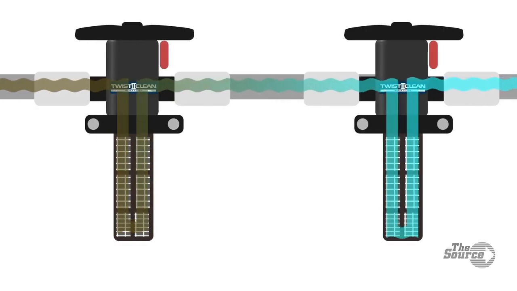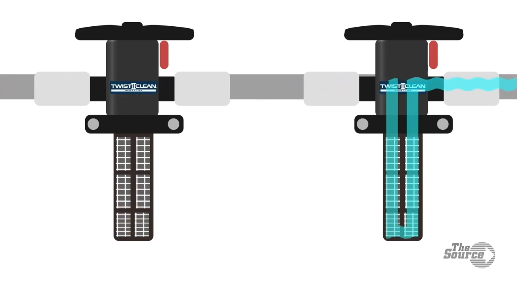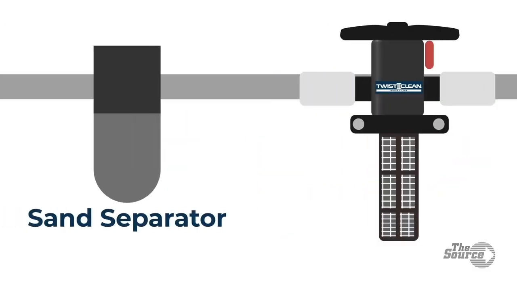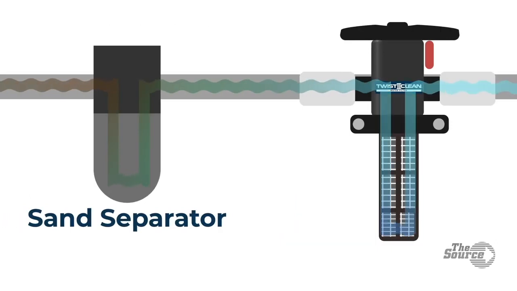This 2-step filtering process picks up some of the burden of the larger particles first and eases the burden of the finer filter downstream. You can also run 2 filters in parallel, splitting the main line into 2 lines with a TwistIIClean on each side, which then comes back together to one line. This divides the filtering load in half, doubling the surface area of screens that filter and extending the time between cleanings. Finally, for extremely sandy water, you can upgrade to a sand separator, installing it before the TwistIIClean, using the